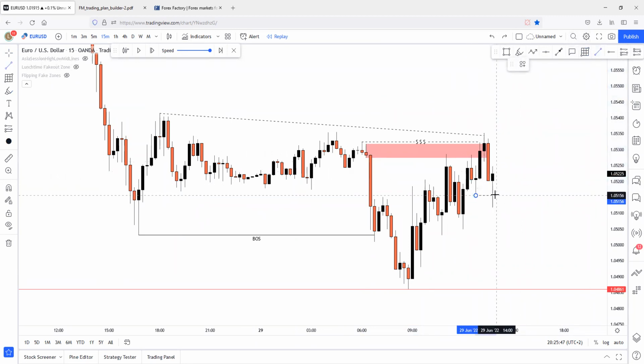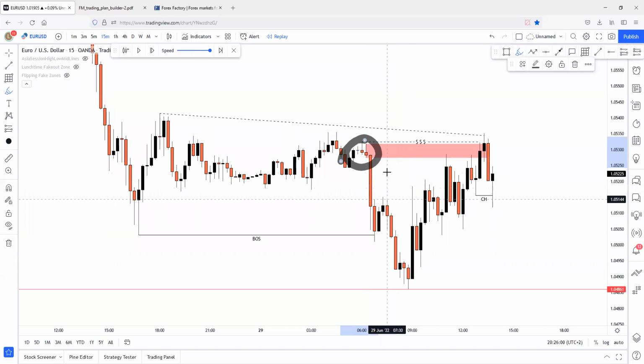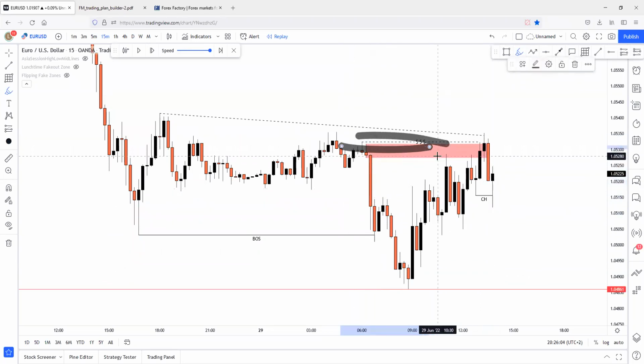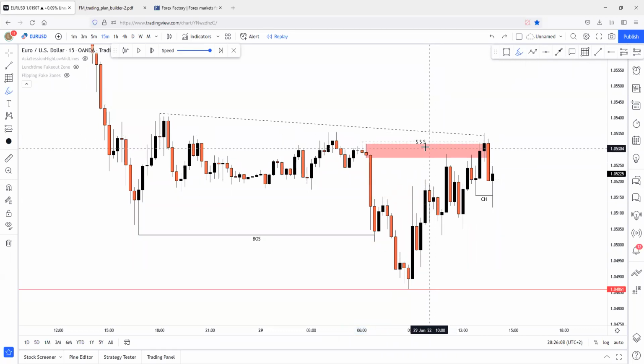Not with this one, this one. So here was a change of character to the downside after the sweep of the liquidity on the 15-minute chart, even, right? So this is a really, really strong change of character. Why? Because this is the 15-minute zone. A 15-minute zone requires a 1-minute change of character. And if price can change character on the 15-minute chart after a 15-minute zone tap, that will be a really strong change of character for us. And of course, if you are combining this with the structure, which is extremely bearish, this will be the perfect setup, perfect opportunity for us to look for shorts.